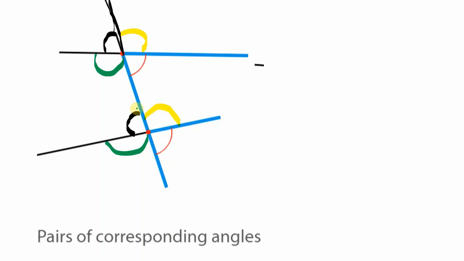So they are both to the left of the transversal. They are both matching in that they are below the other lines that form the transversal. So this is what we refer to as corresponding angles, our F shape. So here, our F shape, for example, just look the other way around. We could color in this in green and this in green. So it's just like the other way around F than this one, a back-to-back F. You can do the same with the yellow and the black as well. Okay, so